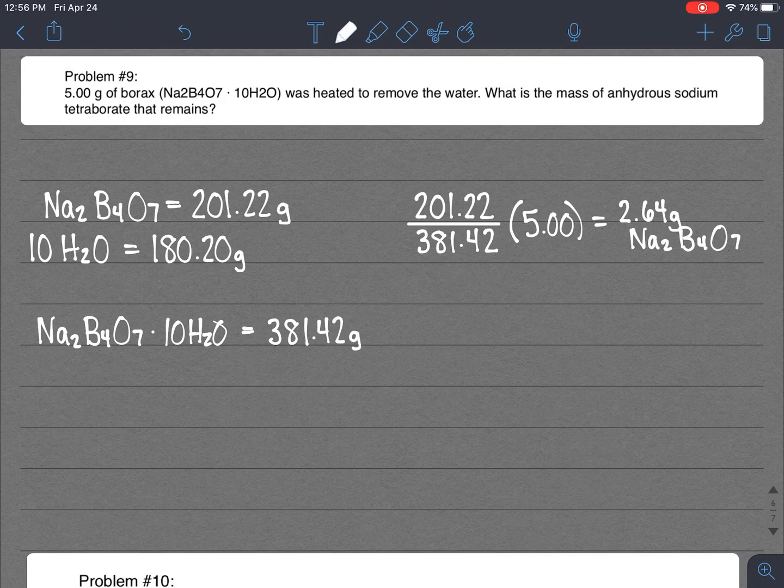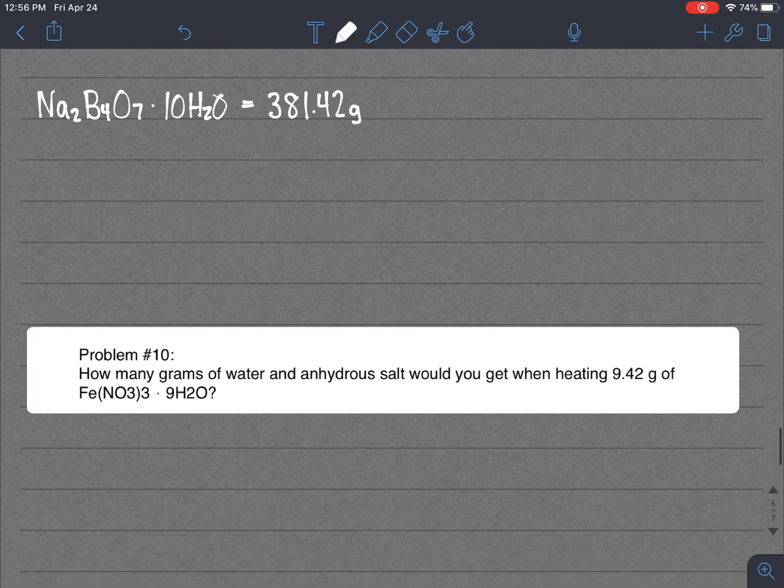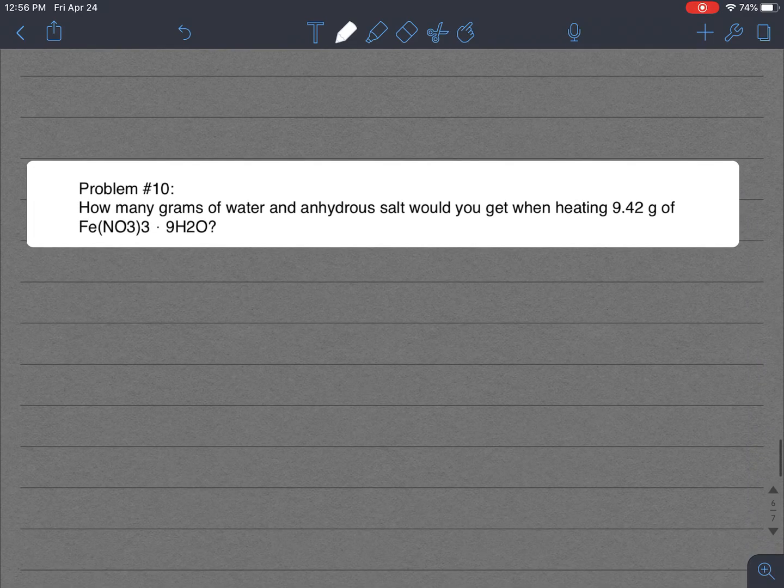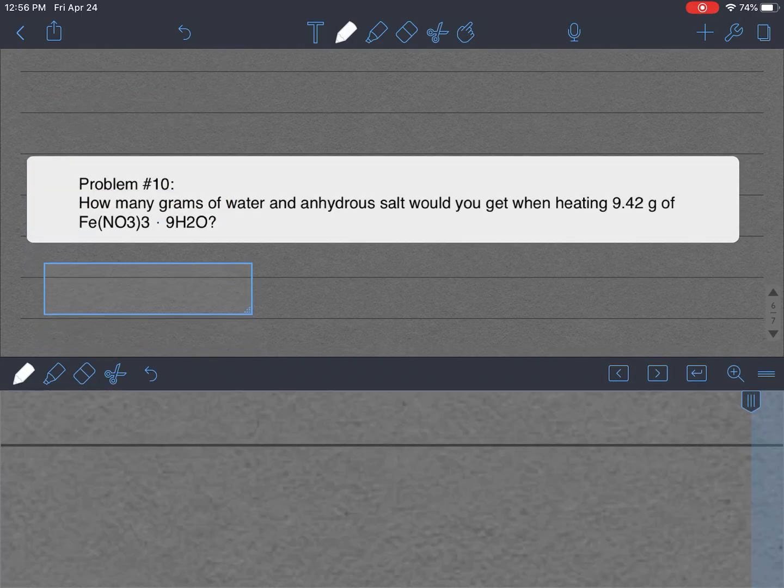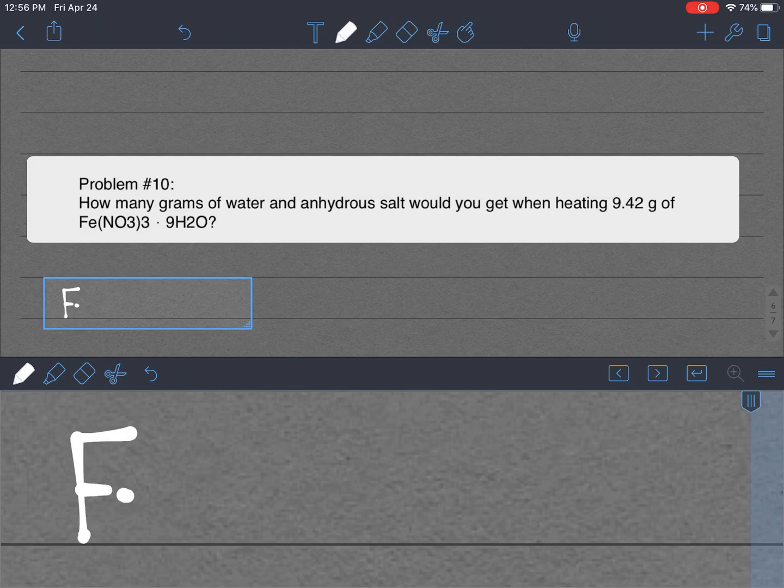So either way, even though this question is only asking for the mass of one thing, I could determine the mass of both as soon as I know one. All right, this last problem is going to be very similar to what we were just doing. It's asking now for both. How many grams of water and anhydrous salt would you get if you heated a sample that was 9.42 grams? Again, we have to go through and figure out, what is the mass of FeNO3